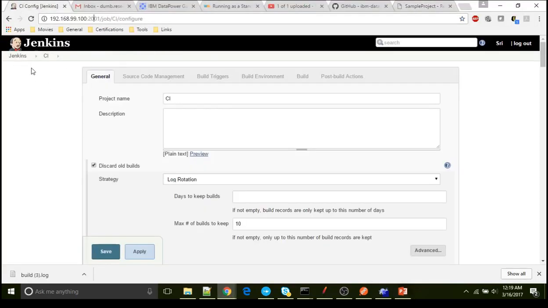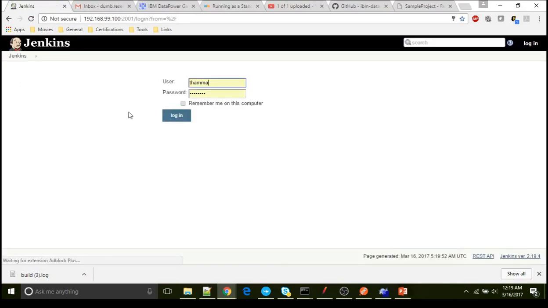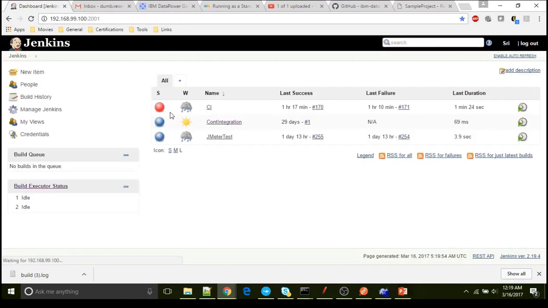So this is Jenkins. If you see here, I got logged out, so I logged in again. The earlier build has failed, so that is in red color. These are different jobs actually. This job is what we are going to use, continuous integration. CI stands for continuous integration. The latest build has failed, that's the reason you see it in red, but the latest builds for these are successful, so you see them in blue.